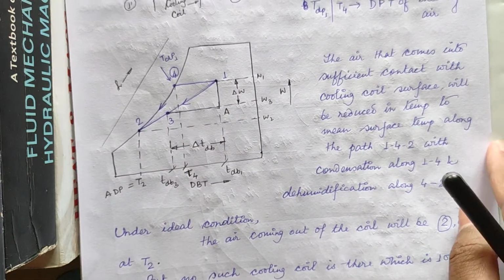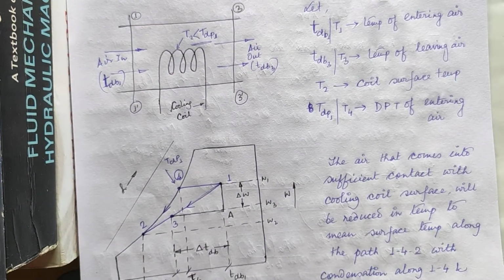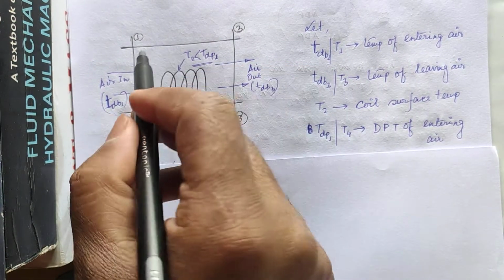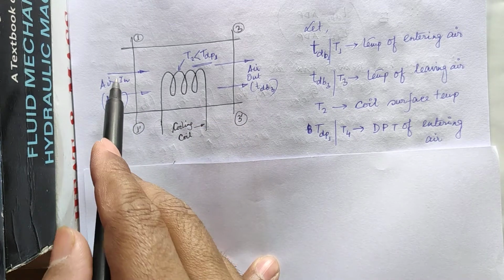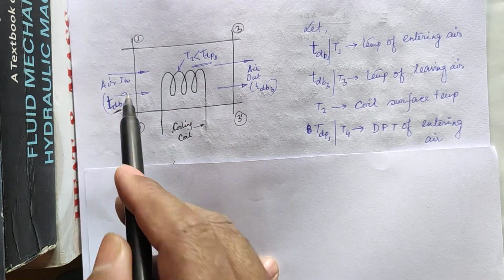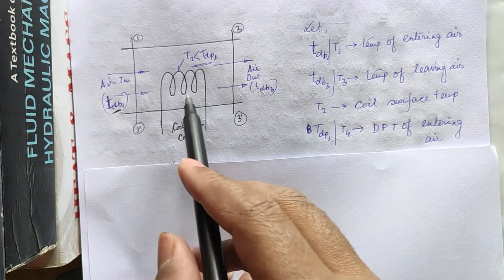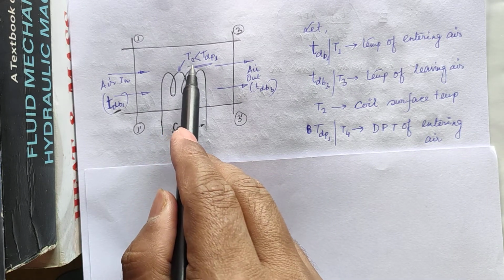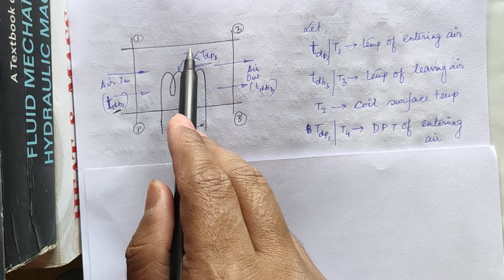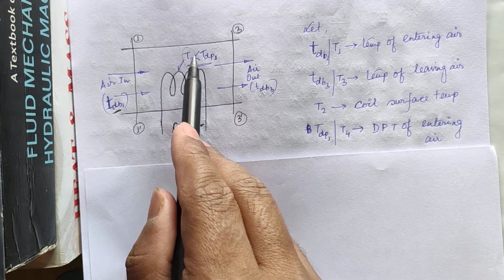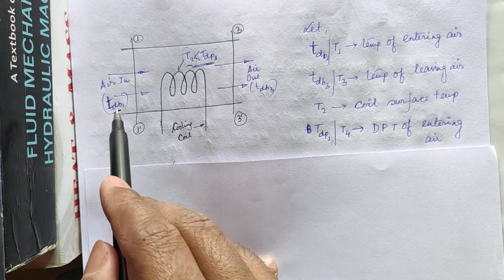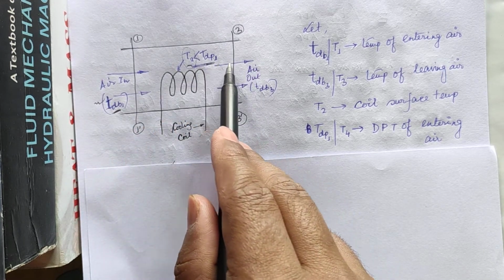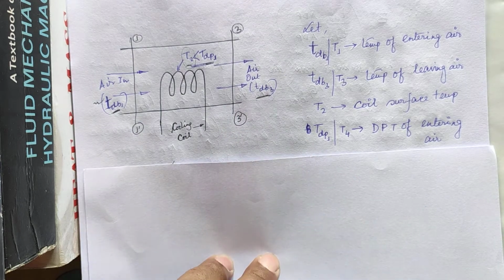in a more precise way, we can say that, suppose you have used one duct over here through which the air is entering with a dry bulb temperature TdB1. Now we have used one cooling coil over here which is maintained at temperature T2, and such that the temperature T2, the coil surface temperature, is less than the dew point temperature of the inlet air, that is the air that is coming. And after this cooling and dehumidification process, the air will be coming out with the temperature TdB3.